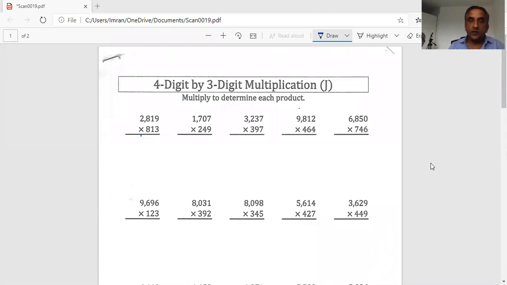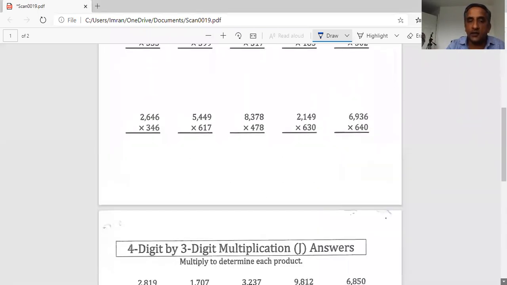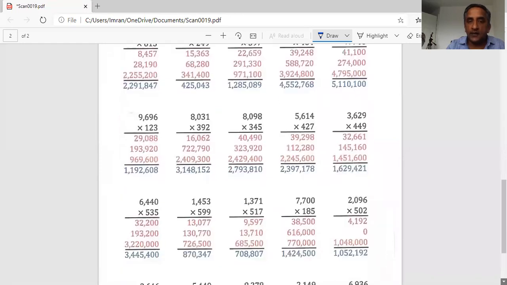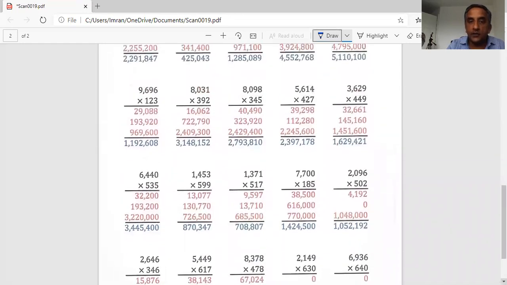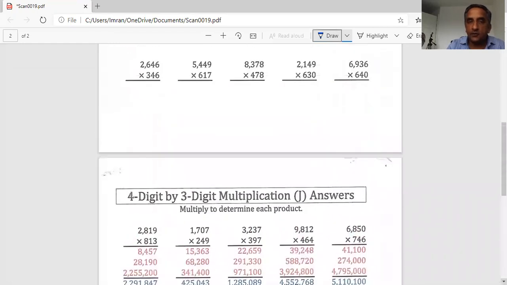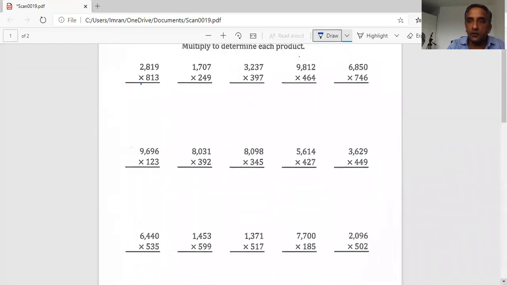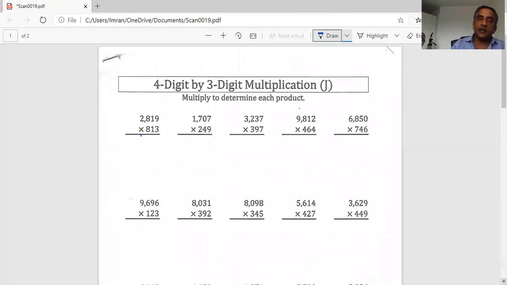So what I'm going to do is only 2 questions here, and then you can try to do the rest of them by yourself. Once you have done, I can show you the answers. I have written answers for all of those questions at the bottom, so you can tally your answers with these. But just to show you the method, I'm just going to do the 2 questions. So I'm starting with the first question.